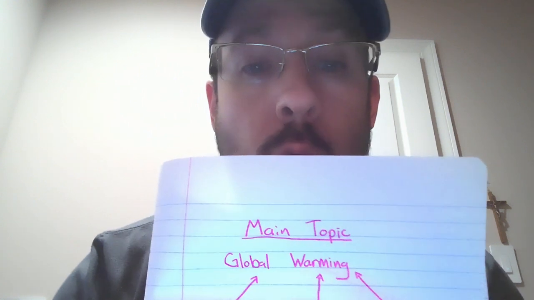All right, so now that we took a closer look at page 2 and we figured out our main topic, let's take a look at some of the things we learned, right? We used our text features to figure out the main topic, which was global warming. All right, and then we had to find some key details from the text. Our first key detail was it can cause a rise in sea level. Remember, we read that. That was one of the first things we read. All right, second detail,